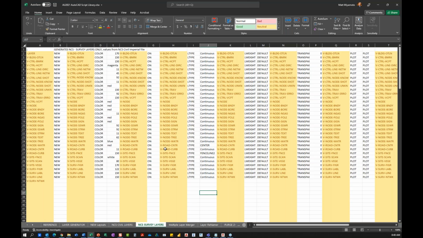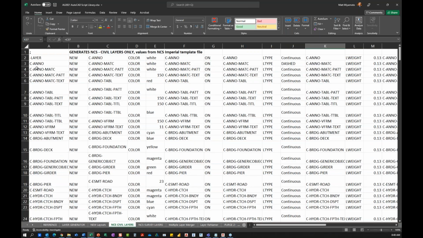I've got another one that's for civil layers. In the case of civil layers, it's the same where it's all the C- layers instead of all the V- layers. And then for a couple of the other examples I have,